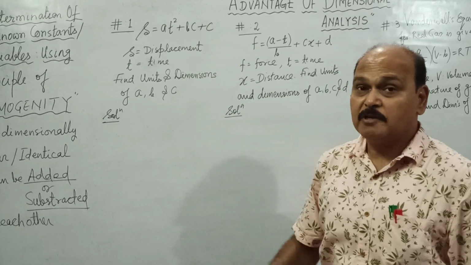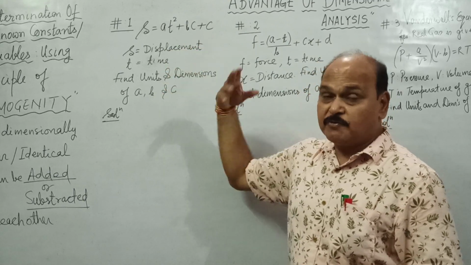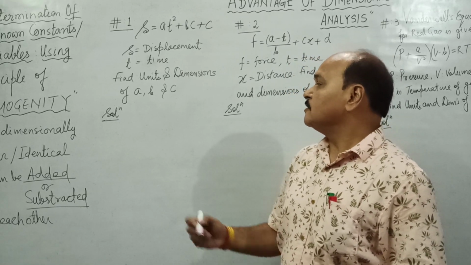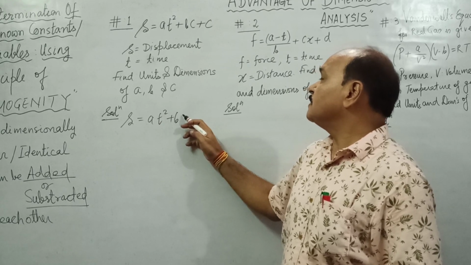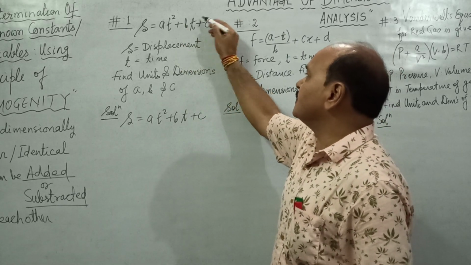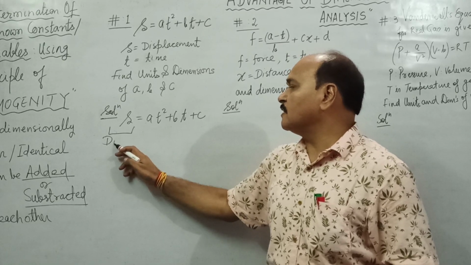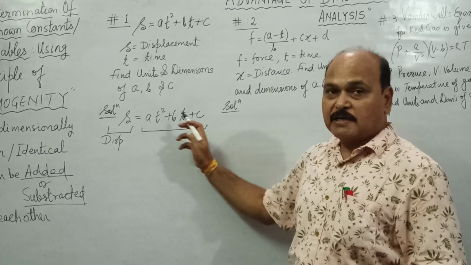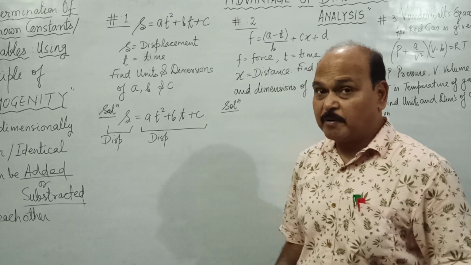What are A, B, C? We do not know, and we are going to work out the units and dimensions of ABC. And once we know the unit and dimensions of ABC, we know what actually they are. They are revealed. So S is equal to AT square plus BT plus C. Now see, left hand side is what? Distance or displacement. Therefore, whole of this right side has to be what? When left hand side is displacement, whole of the right side has to be displacement. This is principle of homogeneity I am applying here.